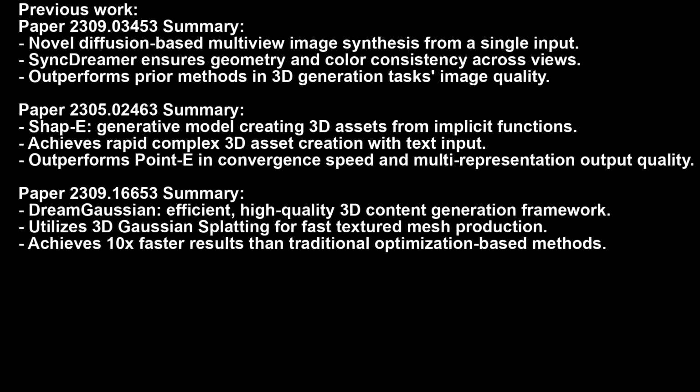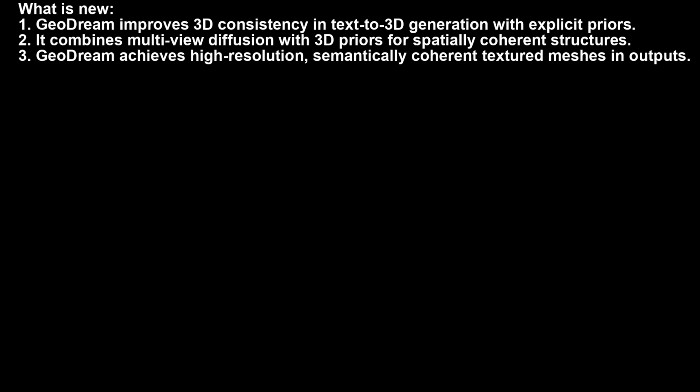This method first generates multi-view images with a diffusion model and then constructs a cost volume for native 3D geometric priors, ensuring consistency in 3D space. A disentangled design refines these 3D priors and enhances 3D awareness in the 2D diffusion model for better guidance and more accurate refinements, leading to more semantically coherent textured meshes. In summary, GeoDream outperforms previous methods by producing more 3D consistent and high-fidelity textured meshes while maintaining diverse and realistic renderings at high resolutions. It successfully combines 3D geometry and 2D diffusion processes to create superior quality 3D models from